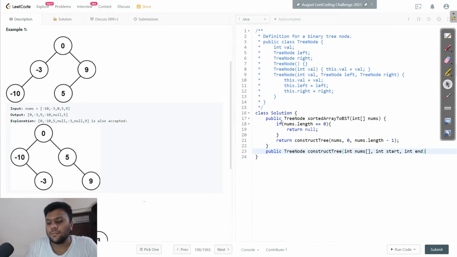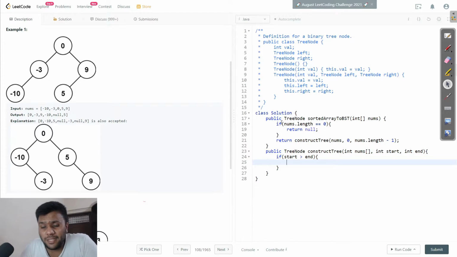Now I will again add one base condition over here. If start is greater than end, then it means that the tree does not have any subtree, so we'll simply return null.